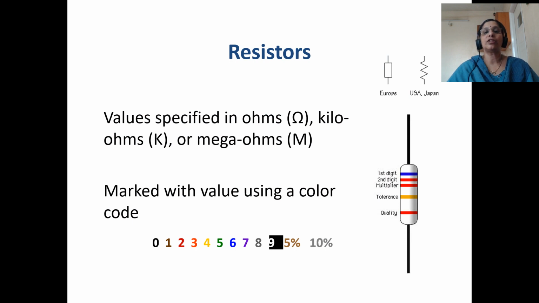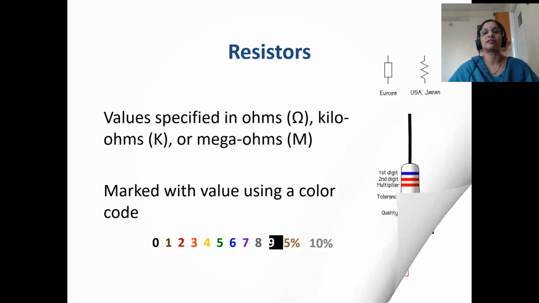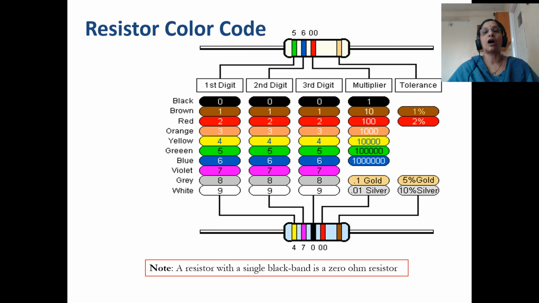The color code specifies the value of the resistance. There are 3 or 4 color bands on a resistor, and the colors are used to find out the value of the resistance. This diagram indicates how we can find out the value of the resistance from the color code. There are numerical digits and a code for the multiplier. These rings give us the value of the resistance in ohms. It also specifies the tolerance of the resistance, and we can find out how much the value of the resistance can change from the marked value.